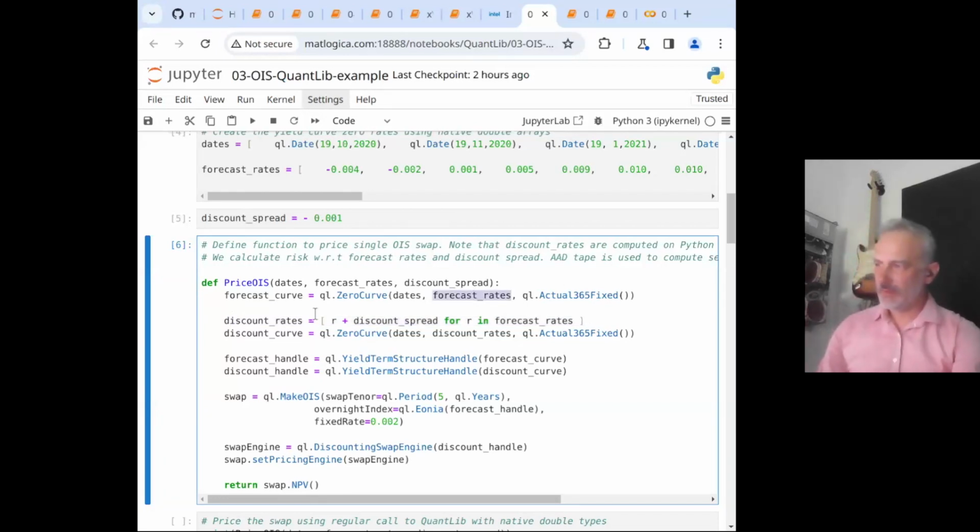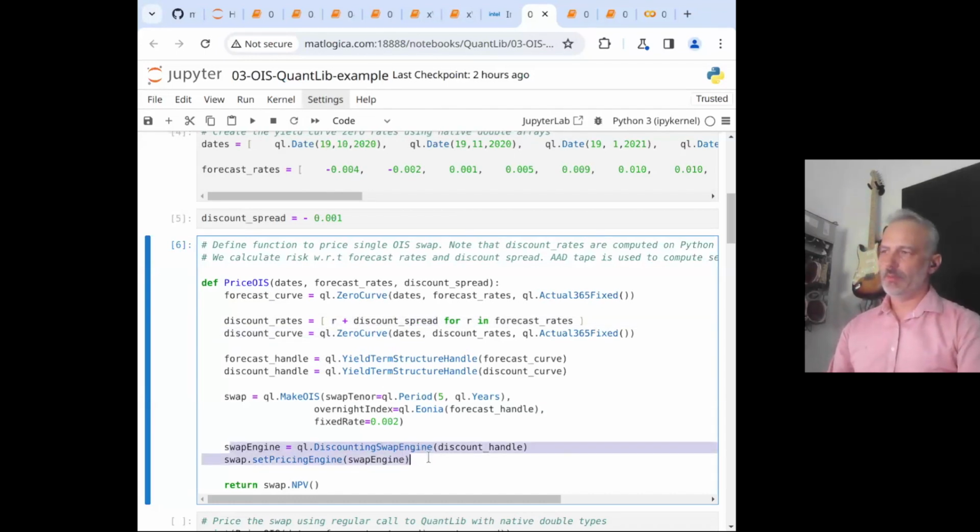So this specific operation, this addition, is handled by Python. But pricing, the pricing engine, etc., is handled in C++. So in order for us to record the calculations, we must be able to record calculations in Python, and we need to record what's taking place in C++.